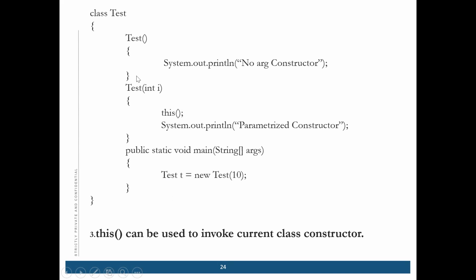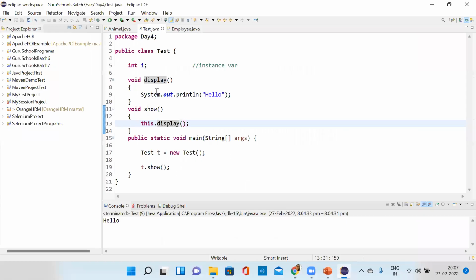In the next program, if I'm calling Test p equal to new Test with 10 passed inside, it will call the parameterized constructor, correct? But if I write this with parentheses, then what will happen? Anyone? I will show you practically. Suppose there is a Test class,